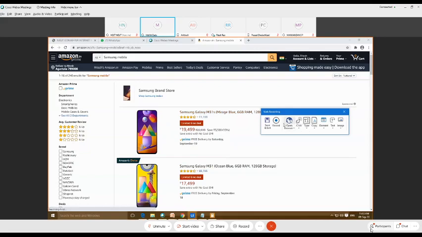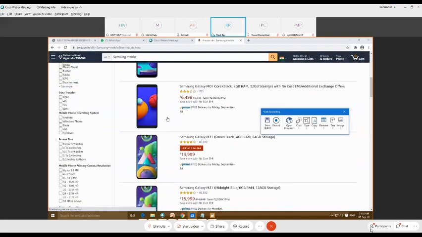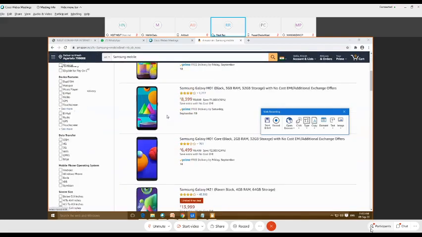So again, you can see here what I have done. The first step, I have opened the browser, then I've copied the link, and then I went to this type option, and I typed the Samsung mobile, and then again from this type I went for the send hotkey option, then pressed the enter. After pressing the enter, you can all see here we are getting so many options. So after seeing this option, we can select any option.